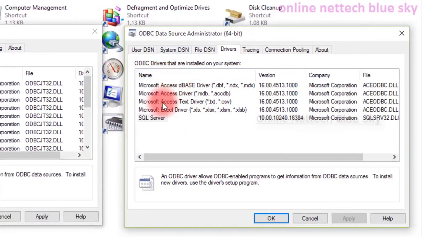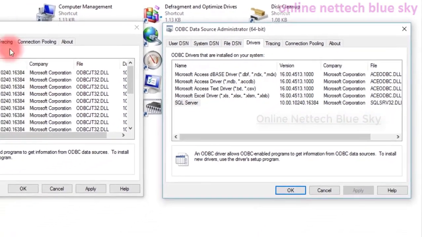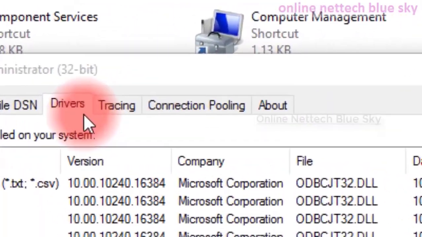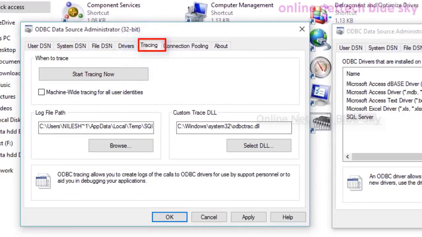Just see, in this 64-bit Windows there are only 5 types of driver files available on the right side, but inside 32-bit you can see a lot of files. Without a driver you cannot start your device, because your system and your devices work only with drivers, and drivers are the main thing for the system to know how to work and how to control.